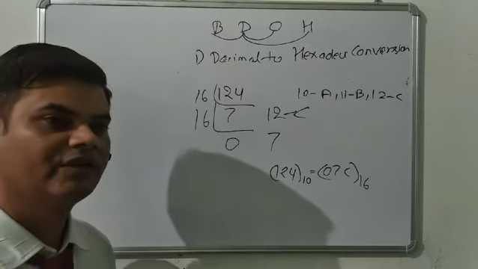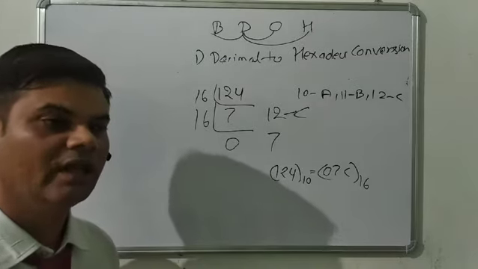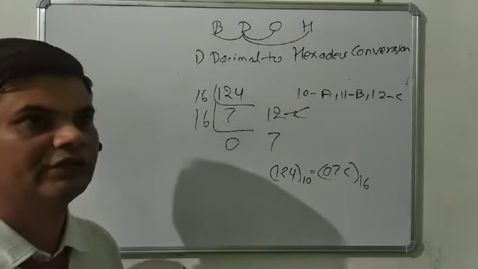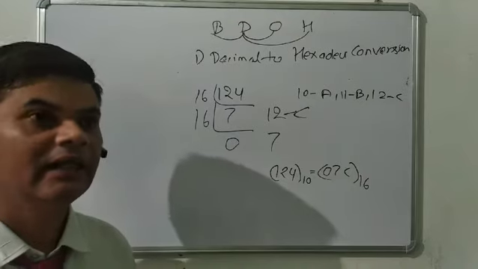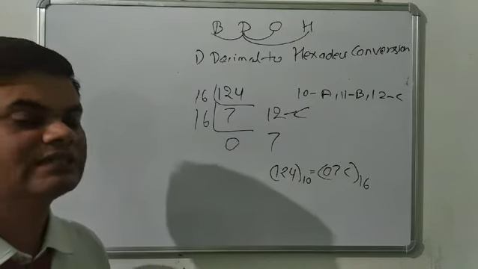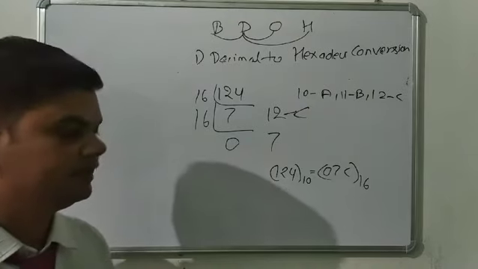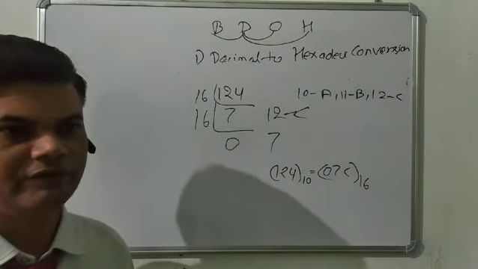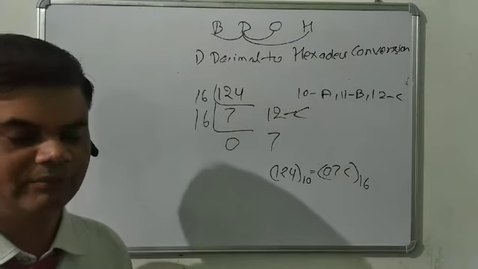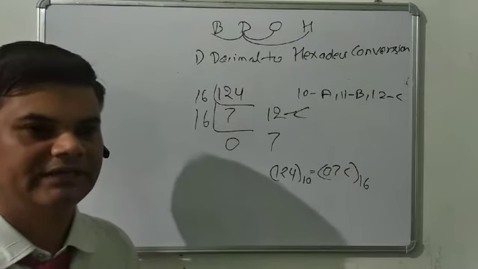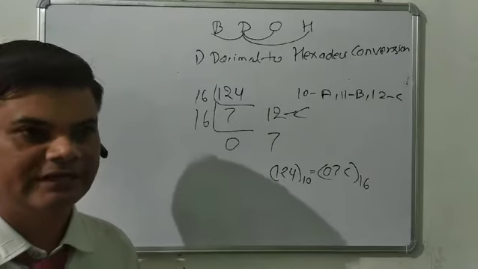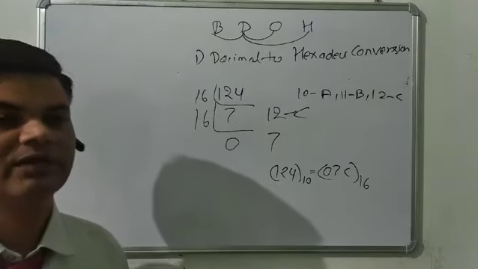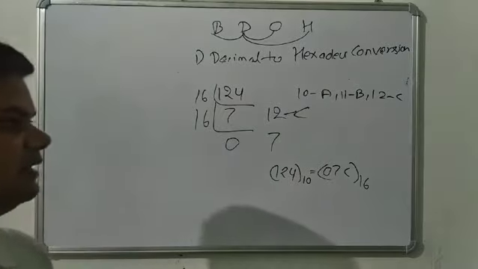In the binary number system, we use only 2 digits, 0 and 1. In decimal, we use a total of 10 digits, 0 to 9. In the octal number system, we use only 8 digits, 0 to 7. And in hexadecimal, we use a total of 16 digits, 0 to 15. 0 to 9 are the same numbers, and from 10 we use the alphabet. 10 is represented by A, 11 by B, 12 by C, and so on, and the last number, 15, is represented by F.